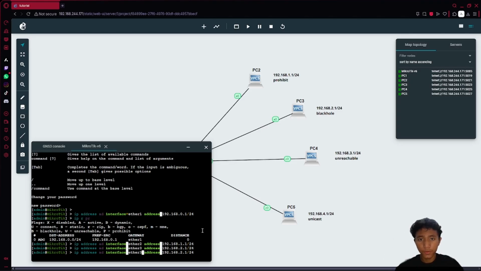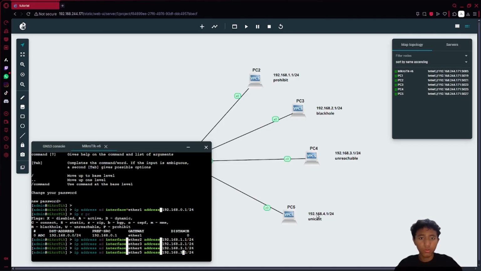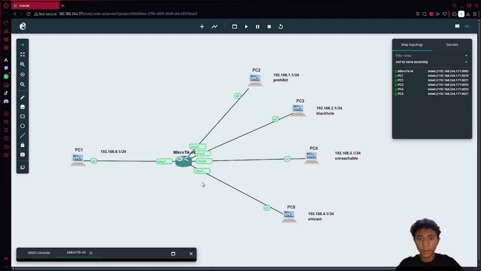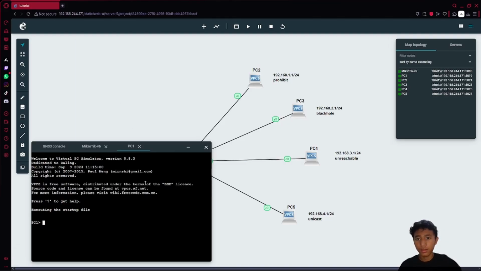Next is PC4, which will use the address 192.168.3.1/24. And for the last, the Ether5 interface uses 192.168.4.1/24 here. Because by default I have not set up the DHCP server, I need to add a static IP on each PC.